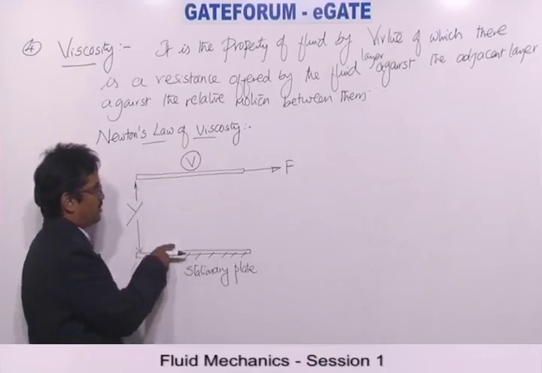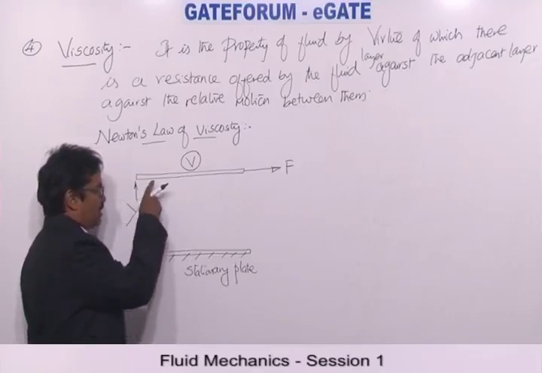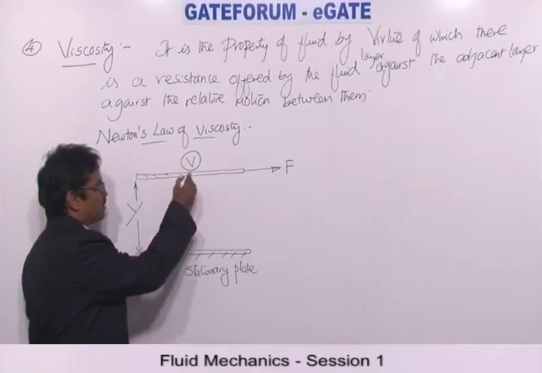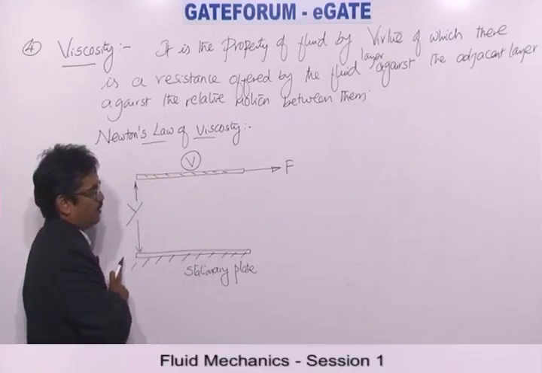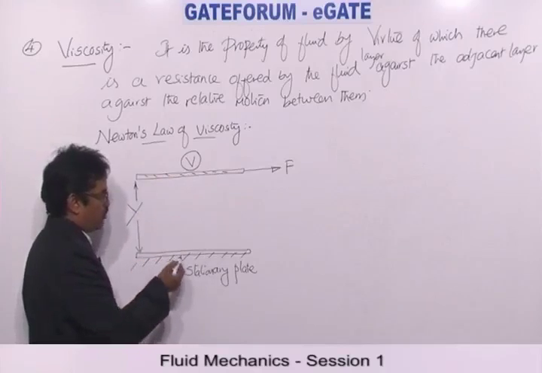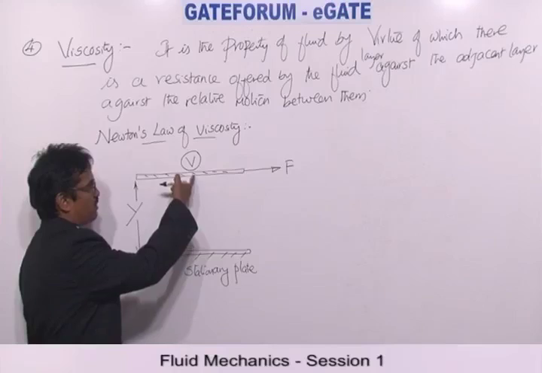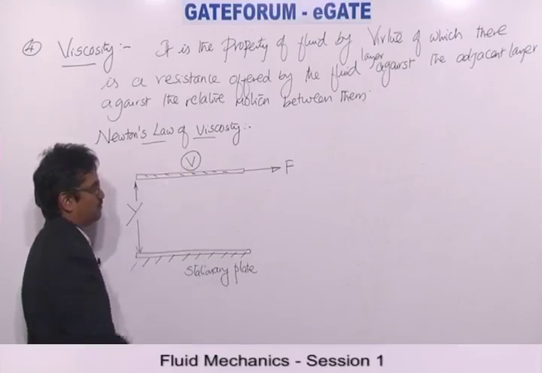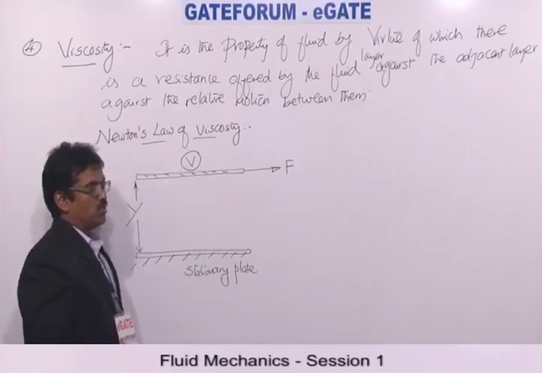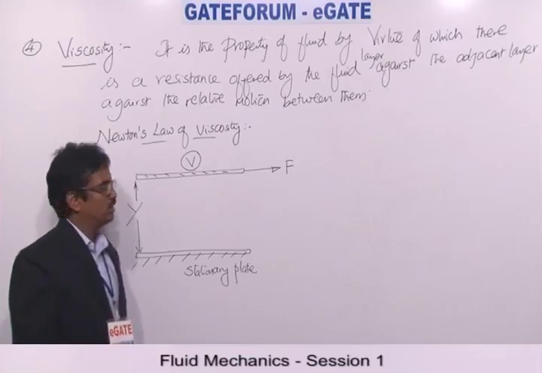There are two parallel plates, kept at a distance of Y. The gap between the two plates is filled with a fluid. This is all a fluid. The bottom plate is stationary, therefore its velocity is 0. I have exerted a force F on the top plate and I am moving the top plate with a constant velocity V. Generally, you must have learnt in physics, from Newton's laws of motion,